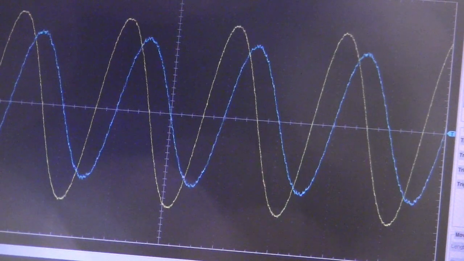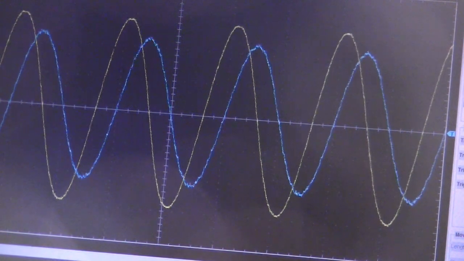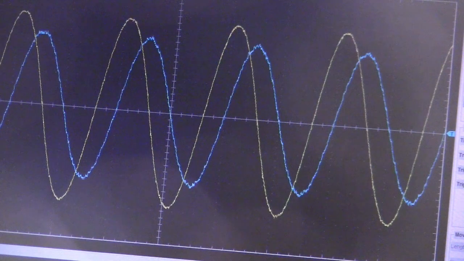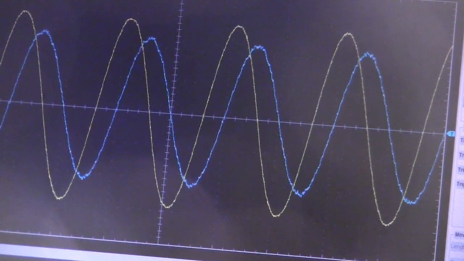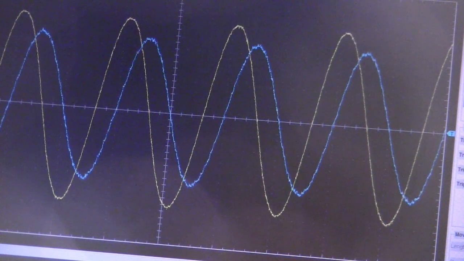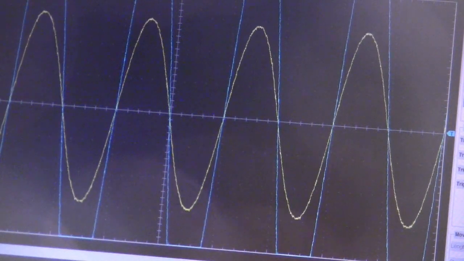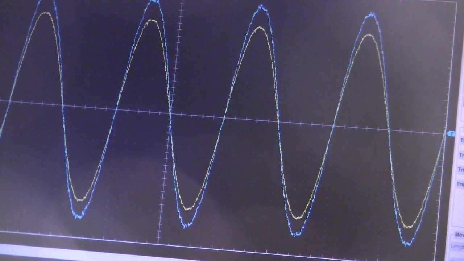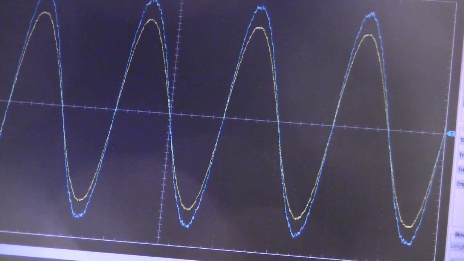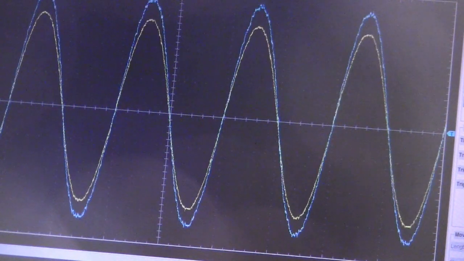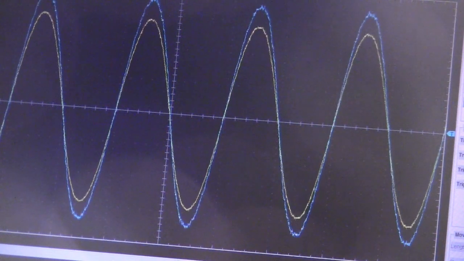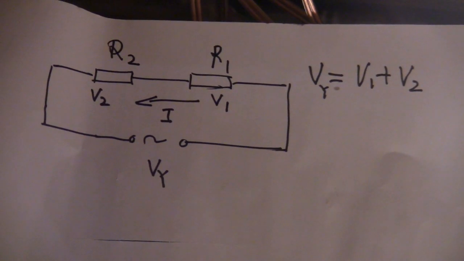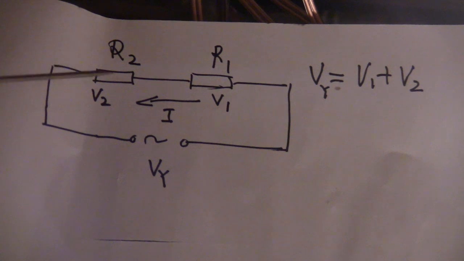With the signal feeding to the device, right now I'm going to replace the capacitor with a resistor to see what's going to happen. Now we see the blue waveform merge together with the yellow waveform. What does that tell us? In the circuit with a pure resistor,